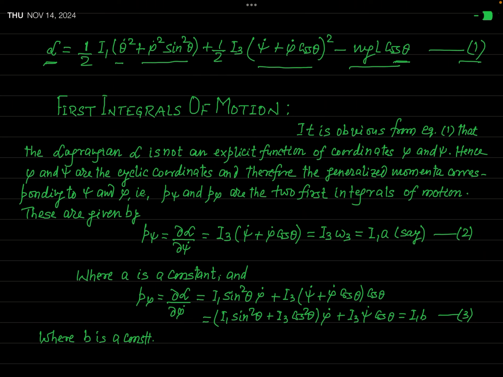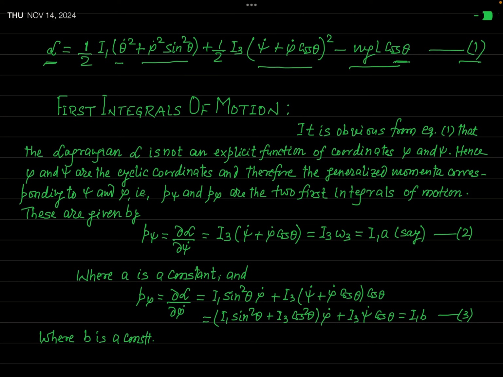Actually, if the expression of Lagrangian does not involve directly phi and psi, then we say that Lagrangian is not an explicit function of phi and psi. And if Lagrangian is not an explicit function of phi and psi, then phi and psi are called cyclic coordinates